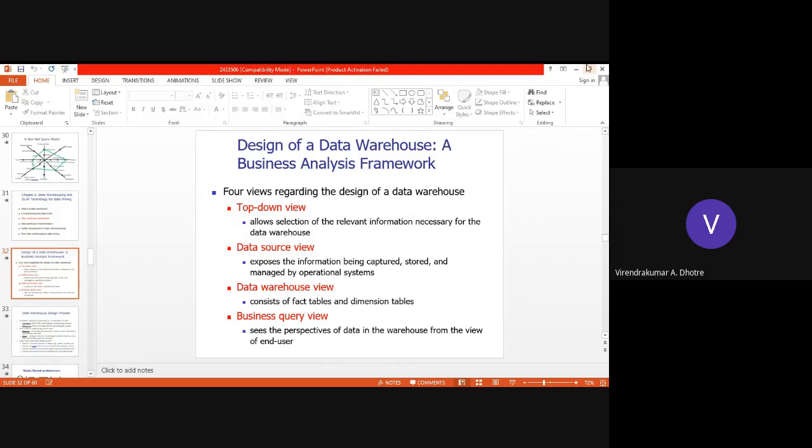And as a data warehouse user, I always look at the data warehouse in that manner. That data warehouse will give me the solution. Data warehouse will provide me that information which I am going to require at times, right?